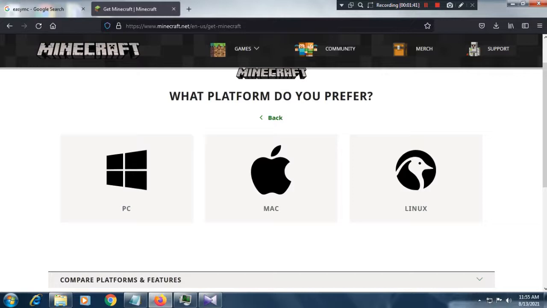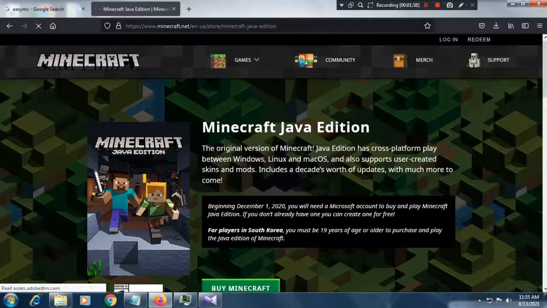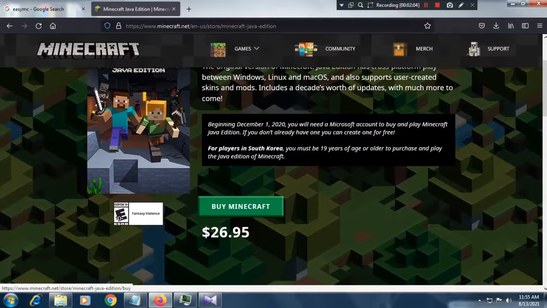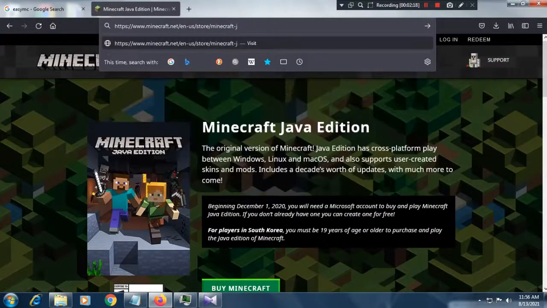Go to computer. You can get three different operating systems: Linux, Mac OS, and Windows for PC. Go ahead and click on PC. Don't do this. Click on Minecraft Java Edition, the classic. Okay, so there it is. Just try Minecraft. That's all you need to do. I already bought Minecraft, so I lost my money. I'm joking, it's all fine. Buying it is the best thing.